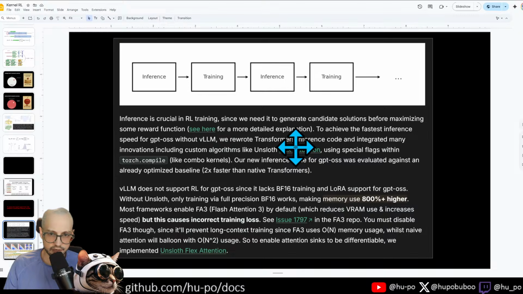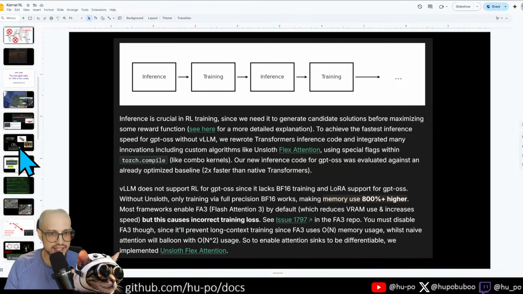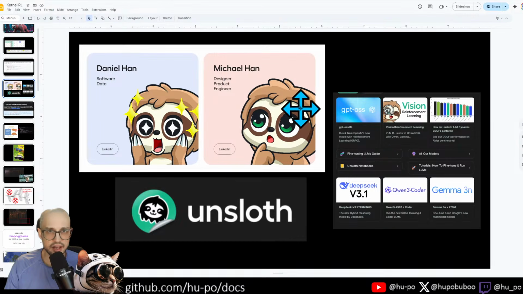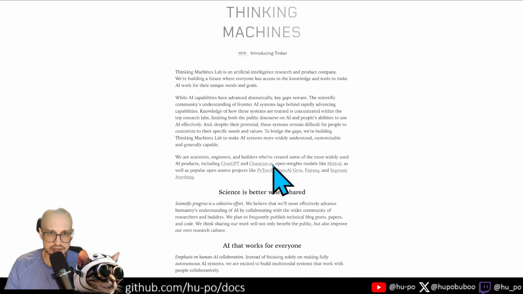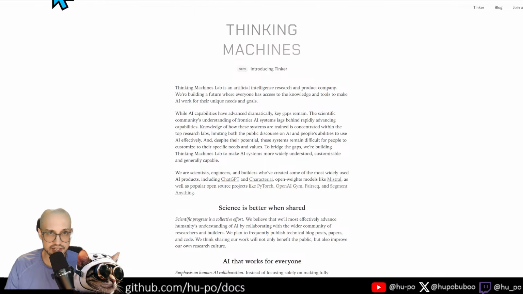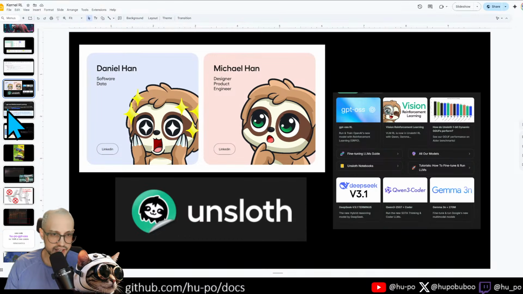We were reading this paragraph. "To achieve the fastest inference speed, we rewrote Transformer's inference code and integrated many innovations, including custom algorithms." Okay, so now I want to bring this into what exactly is Unsloth, right? What exactly is Thinking Machines? Like what are these people selling here? And what they're really selling is software